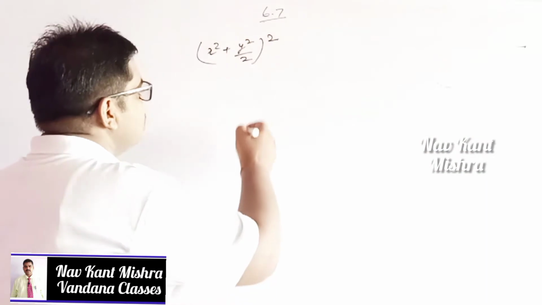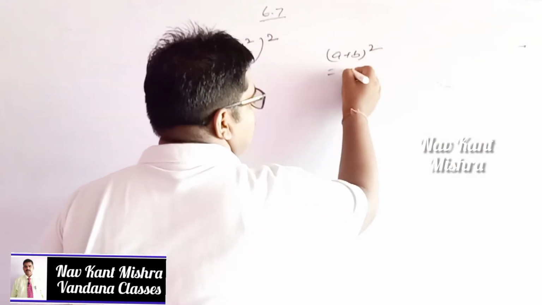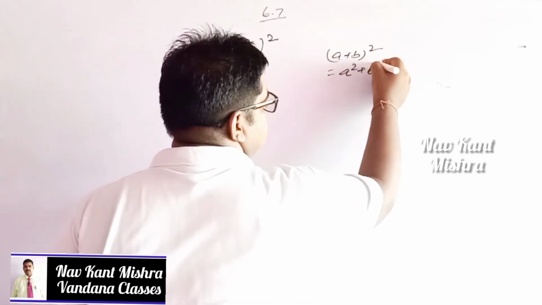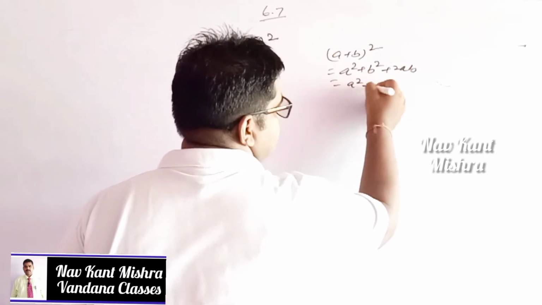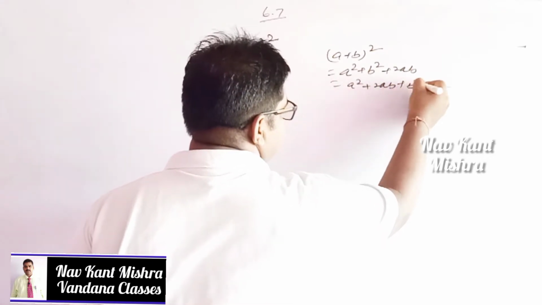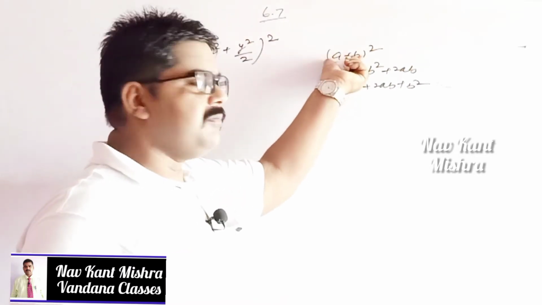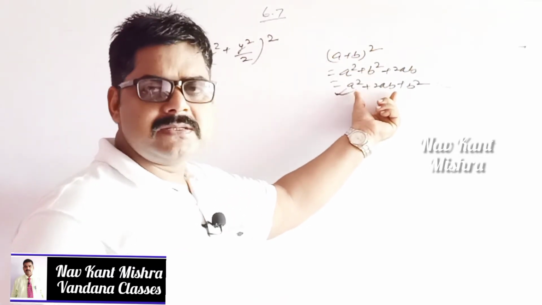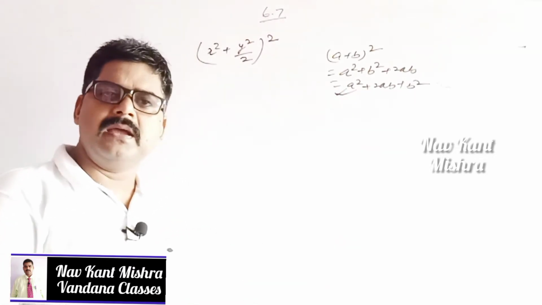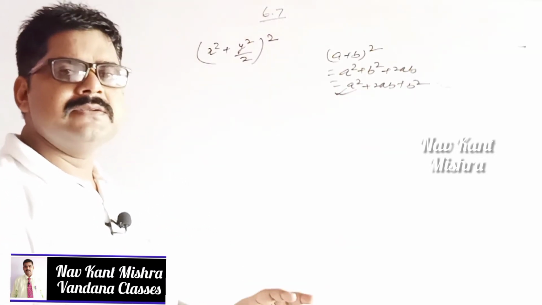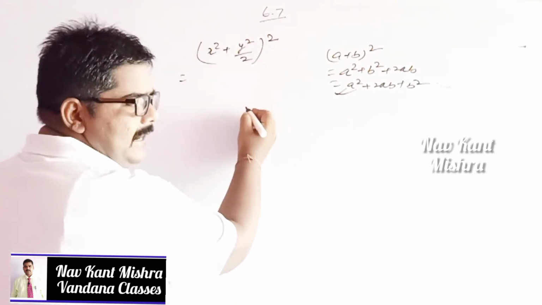That is, students, you have to use the formula a plus b whole square, which is equal to a square plus b square plus 2ab, or it can be written as a square plus 2ab plus b square. And what you have to just see is that this is a binomial and it is converted into a trinomial. So in some questions it may be given to change binomials into trinomials. So how can you convert into trinomials?